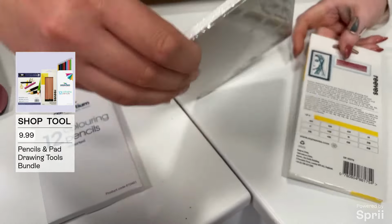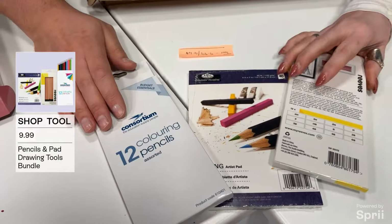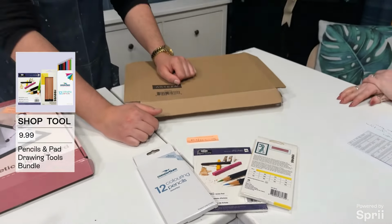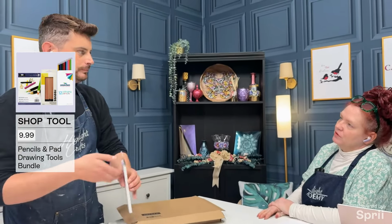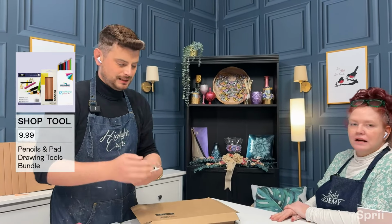Yeah, and then the rest for this. I mean, oh my word. And you're getting, how many sheets did you, 40 sheets in there. Wow, okay. So you're going to get 24 pencils, 40 sheets in total. Incredible bundle for you there. That, I think, is your get up and go bundle. Yeah, absolutely. Isn't it? If you want a bit of crafty inspiration and you want to add to your stash,